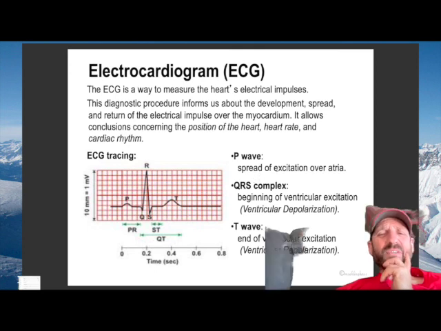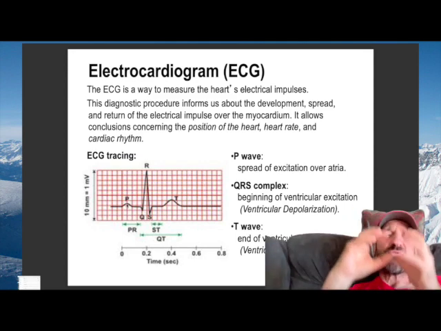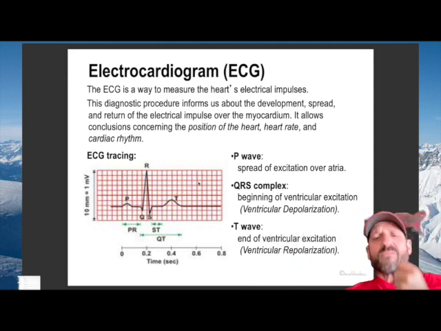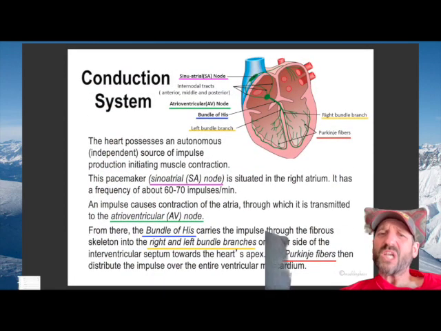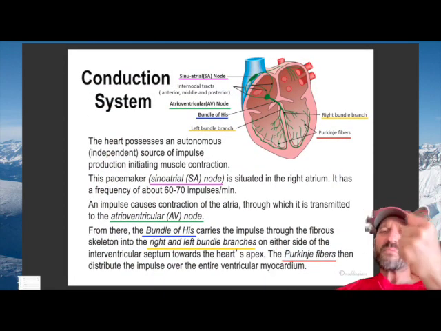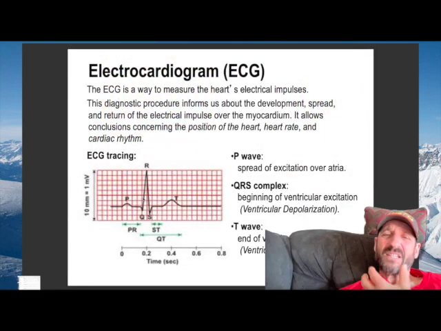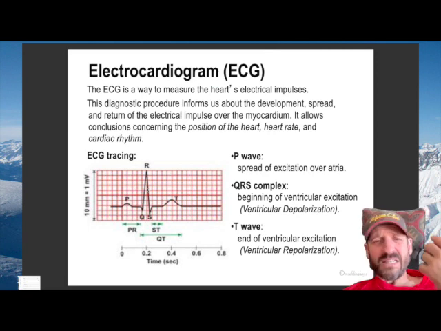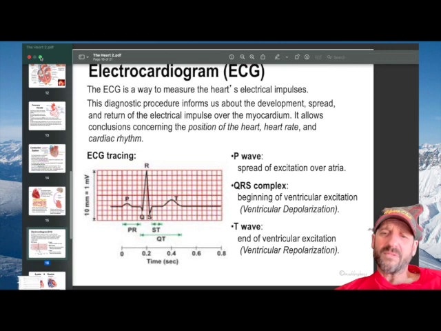We see the word excitation here. So this little bump here is when that spread goes through the atria, the forechamber, and makes that forechamber contract a little. And then this big spike here is when that spreads through this main chamber and squeezes this main chamber and lets all the blood go out. And so that's a big, and this is the electricity that gets measured. That's a big electrical force, right?